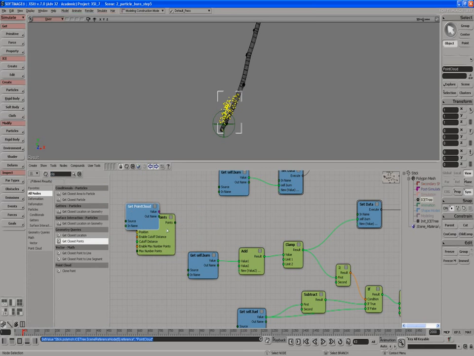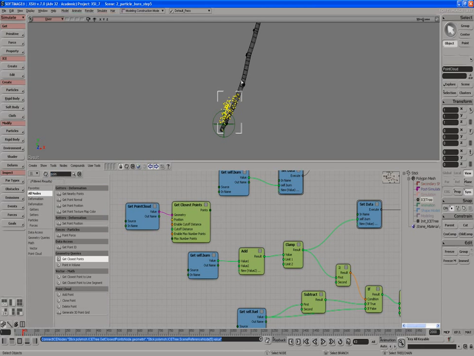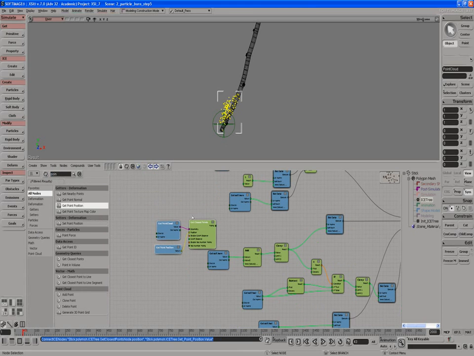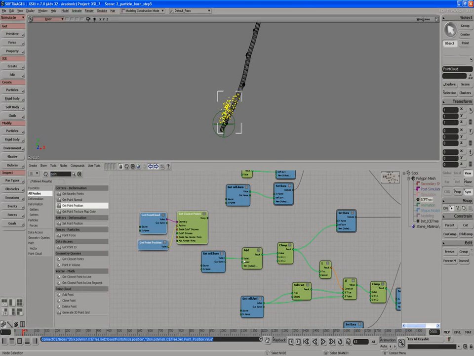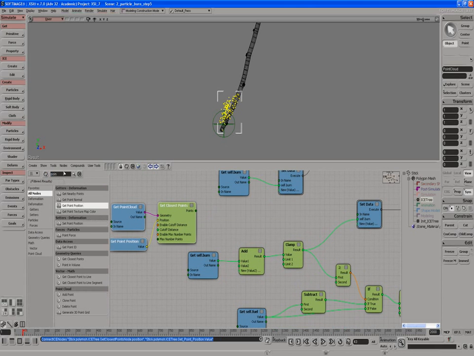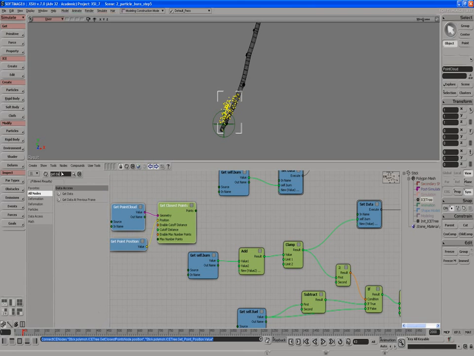So get the point cloud in, and point clouds are geometry just as any other object is. And then we're going to get the point position. Those are all the points on the object itself. So it is a self point position. And then we're going to use those to get some information we can use to increase the value here. And this is a point output, and we're going to get data. And the data we're going to use is age and age limit. So this is how long the particles will live for,